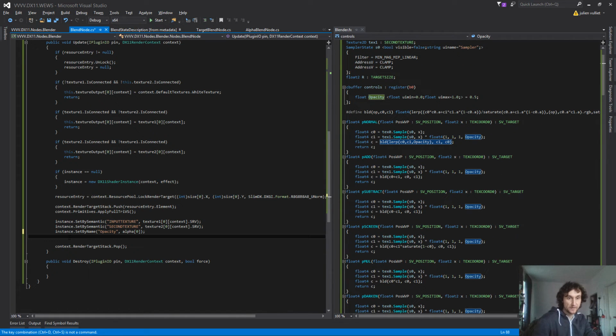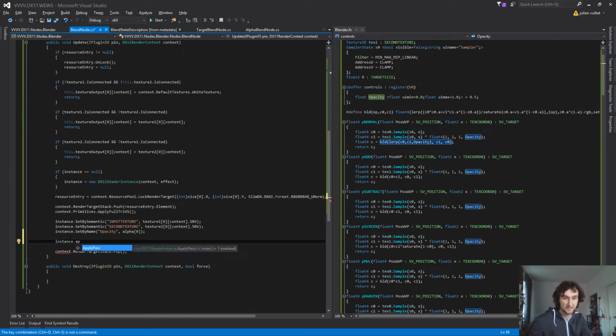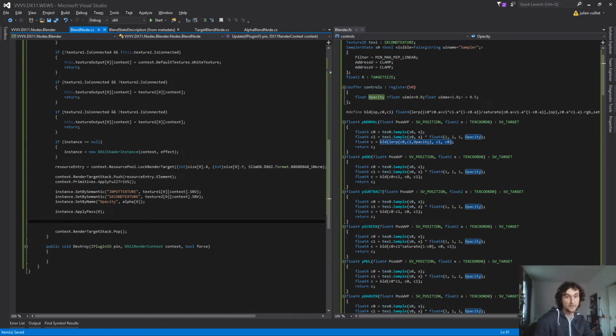So now we're almost done, but we need to apply these changes. So it's apply pass, which is 0. And from there, we need to draw our triangles. So we use a full screen triangle, so that means we use 3 vertices. So you can either do it in the context.primitives.draw full screen triangle